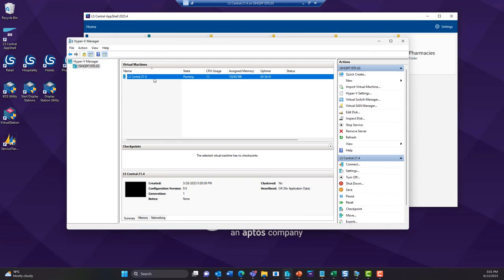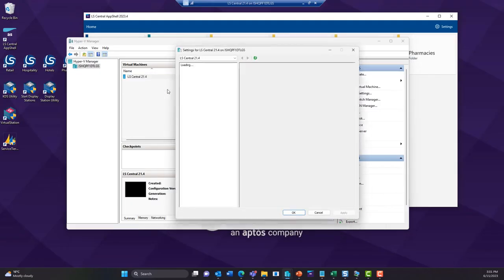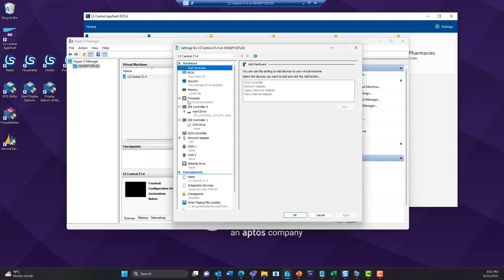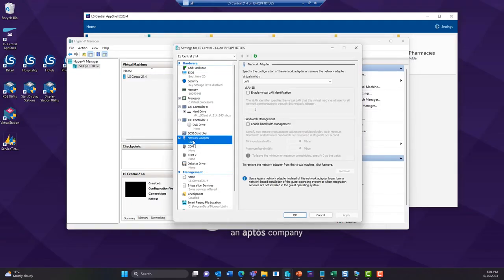This virtual switch, either Wi-Fi or LAN or whatever you call it, has to be set for the machine in settings. As you see now in mine, I have the LAN. If you created the Wi-Fi, you can select that one. This one has to be selected for your virtual machine. These are just names. I created LAN and Wi-Fi. It's up to you what you create.